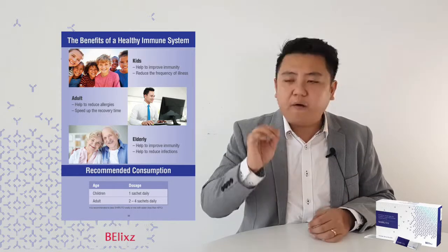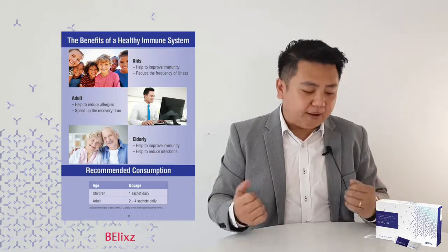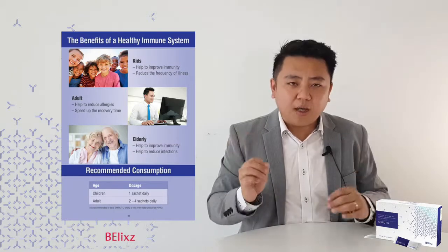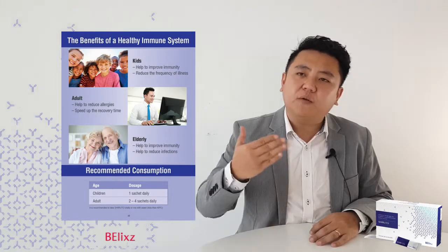So the recommended dosage will be, for children, once a day, just for health maintenance. For adults, 2 sachets daily. If there is some medical condition or for treatment purposes, adults can go from 2 sachets up to 4 sachets